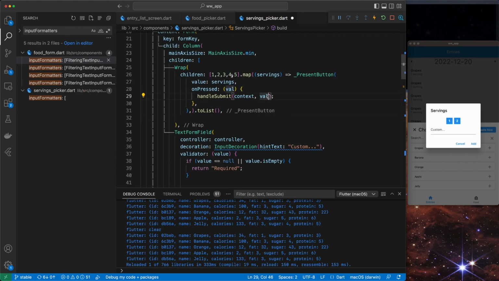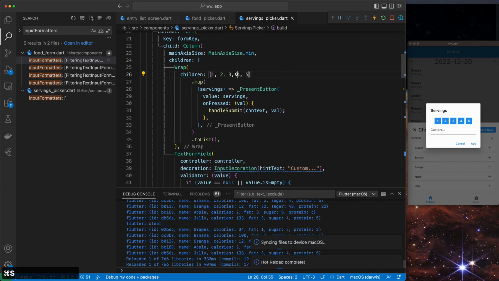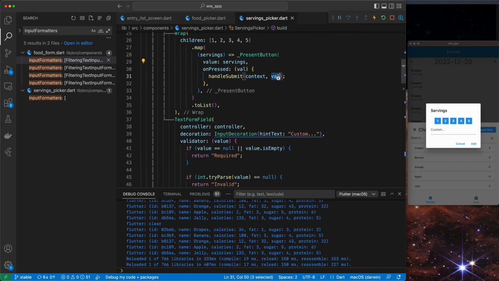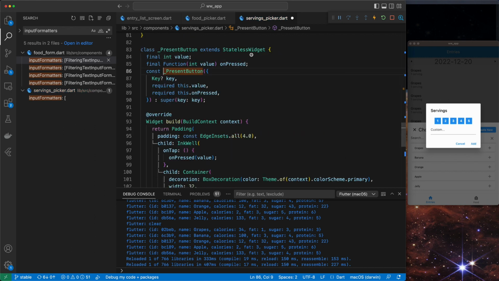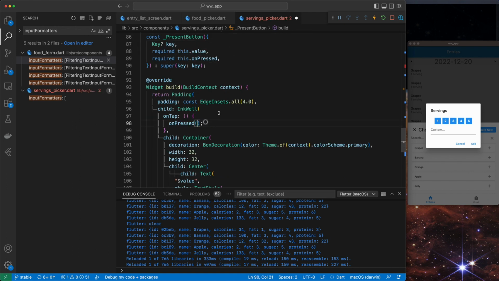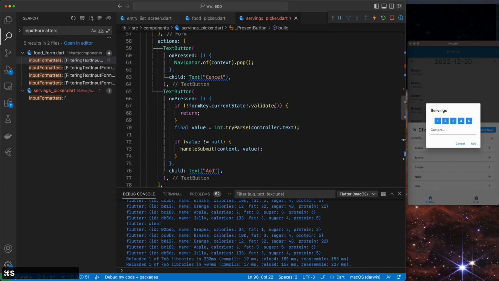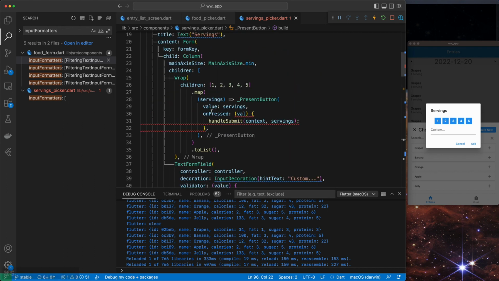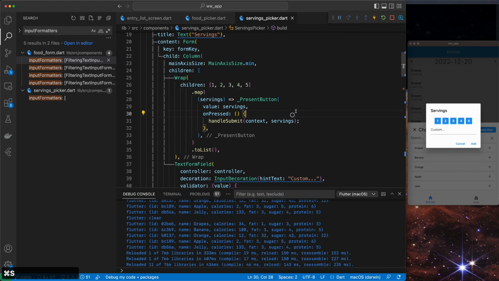So this is essentially doing the same thing, except it allows us, without having to duplicate all that code, to loop through this list and create this instance each time. Something else we could do, because we already know the serving number, is make the present button just an anonymous function that doesn't pass anything, since we already know the value in this context, so it's unnecessary. Okay, lastly,